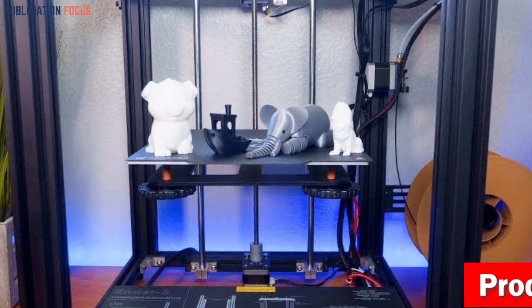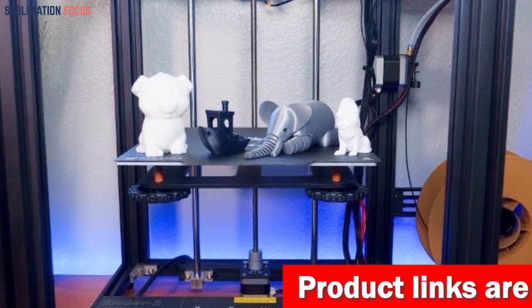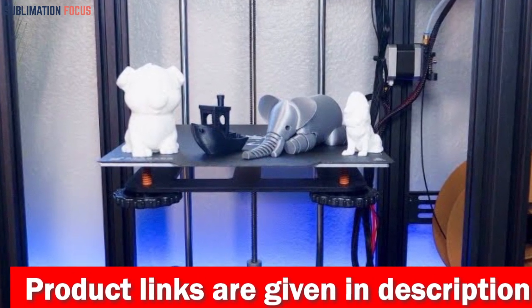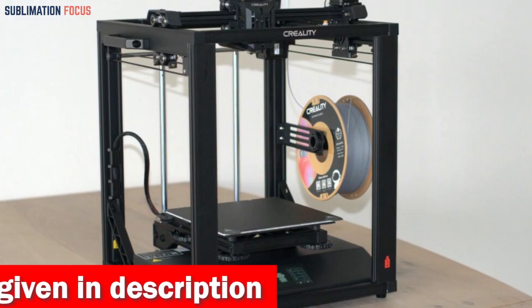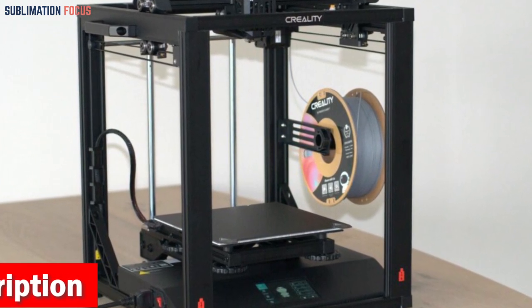The printer reaches temperatures up to 300 degrees Celsius, and this marvel features a titanium heat break that resists heat creep, a cleverly designed corrugated heatsink for swift cooling, and a spacious 50 mm³ melting chamber that ensures filament is flawlessly liquefied. With a printing size of 220 by 220 by 280 millimeters, it is the best choice for you to make